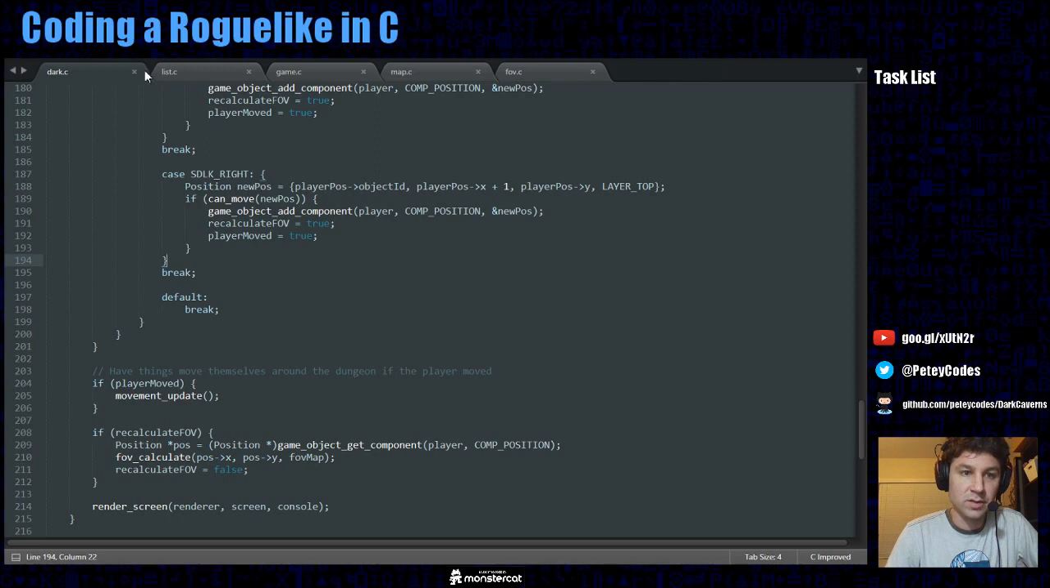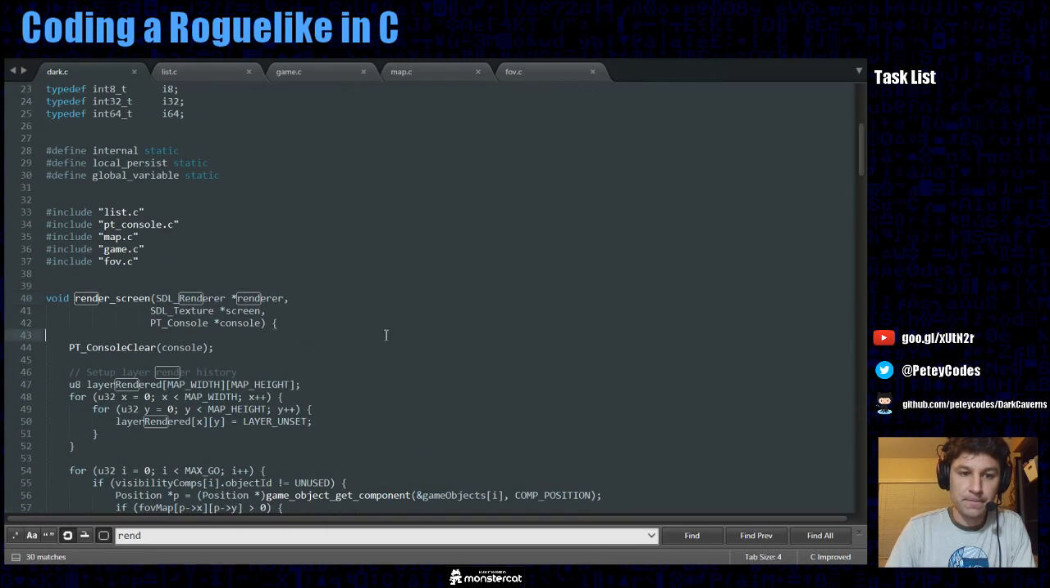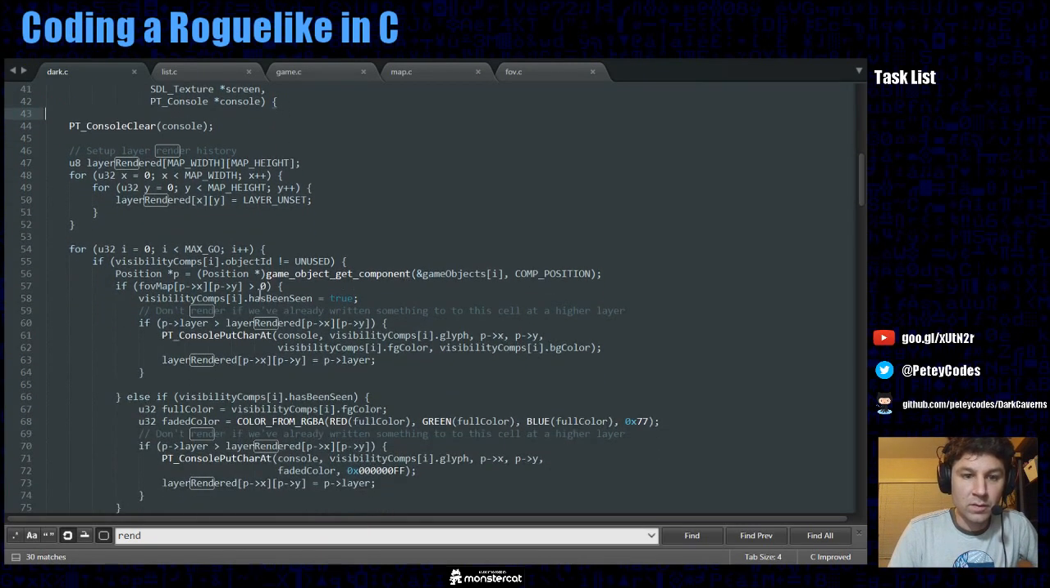visibility issue. So the problem is that in our render code, let's find that render screen. There it is. In our render screen, we're checking the visibility component for an object, and hey, Saladonks, yes. What am I doing for drawing the ASCII graphics? So